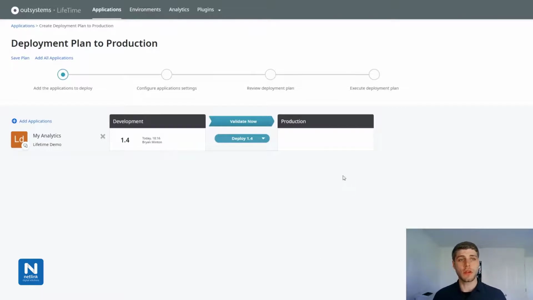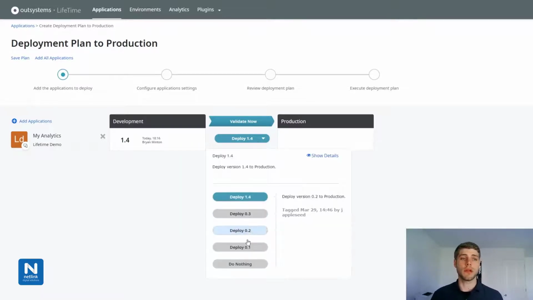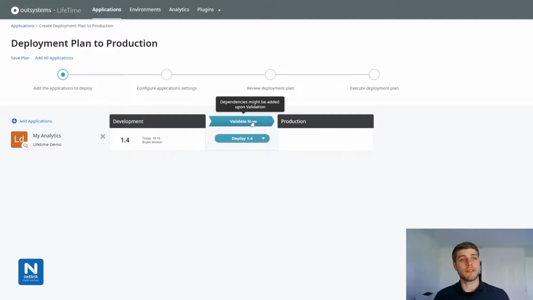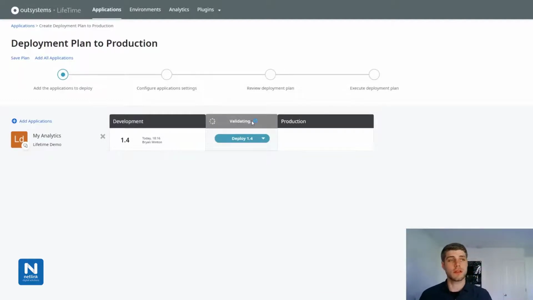In this screen, we can click our drop-down to deploy a different version if we need to. I need the version 1.4, so I will just continue on. My next step would be to click the Validate Now button, and what this does is check if there are